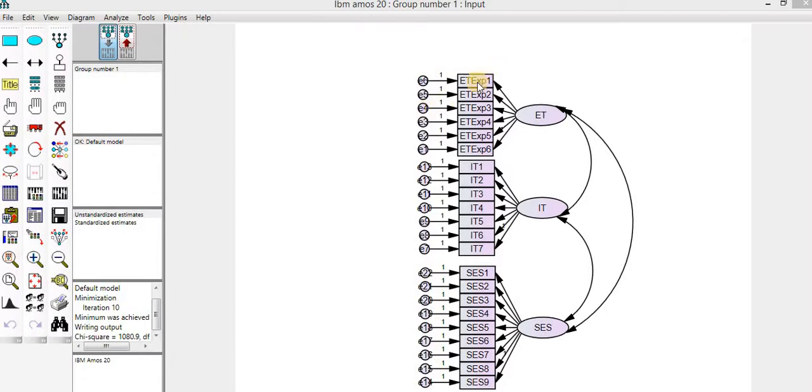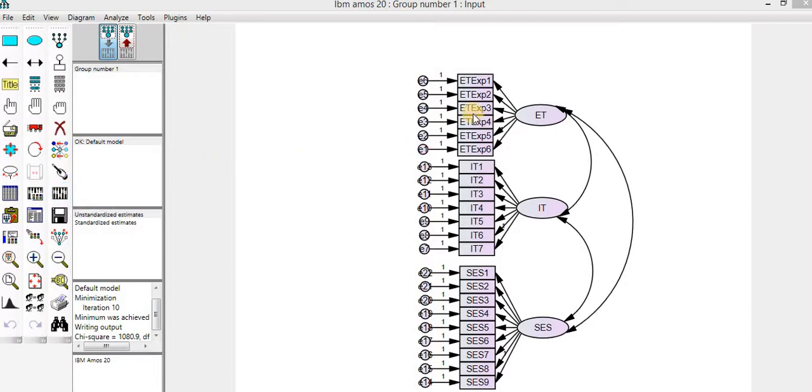Scholars, you are requested to please see our previous lecture in which we told you how to draw these models in SPSS in AMOS software and how to insert the data from SPSS to AMOS software for statistical analysis to conduct the CFA and to conduct the SEM. So this is a lecture about how to report the values and how to conduct the CFA.